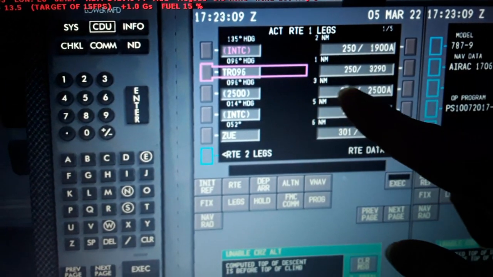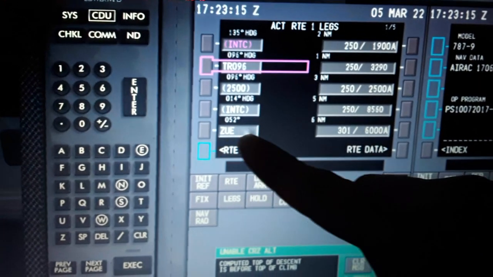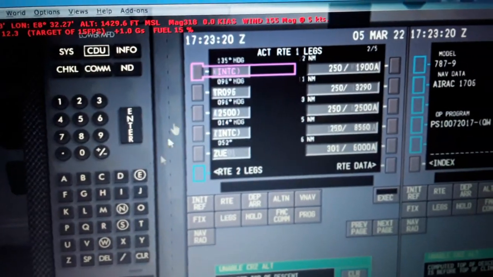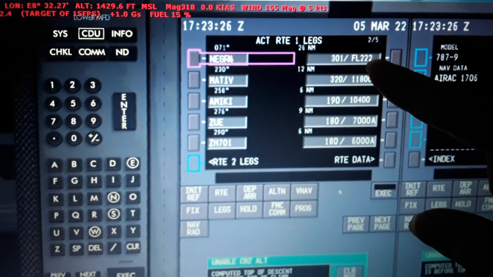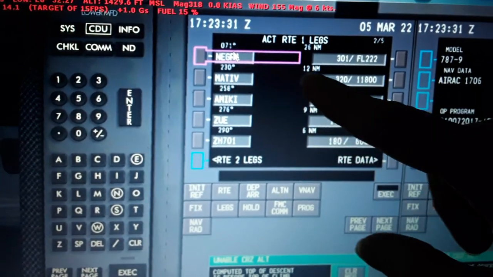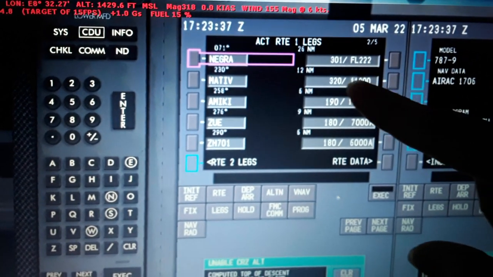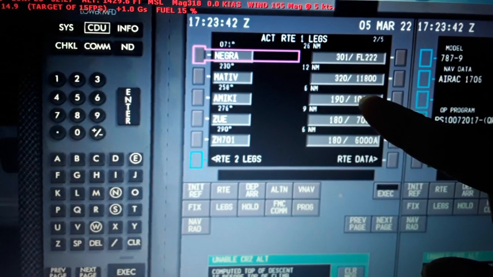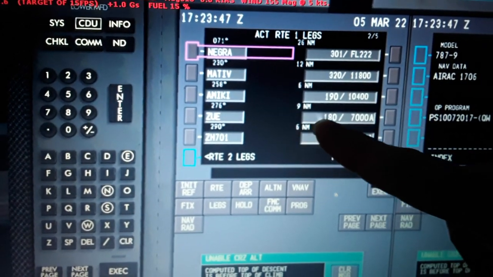We make a left turn, 3 nautical miles, heading 014, 5 nautical miles, Zui 052 heading 6 nautical miles, 6000 alpha. Then we climb to the Nigria heading 071, 26 nautical miles from Zui, 301 knots, flight level 22,200. Then we make a right turn here, motive 12 nautical miles from Negria, 320 knots, with descent to the elevation of the airport 11,800 feet, Amity 258 heading 6 nautical miles, 190, 10,400, 276 degrees, Zui 9 nautical miles away